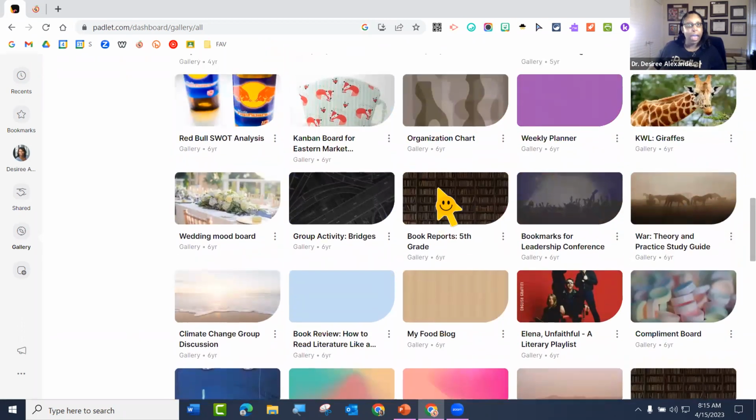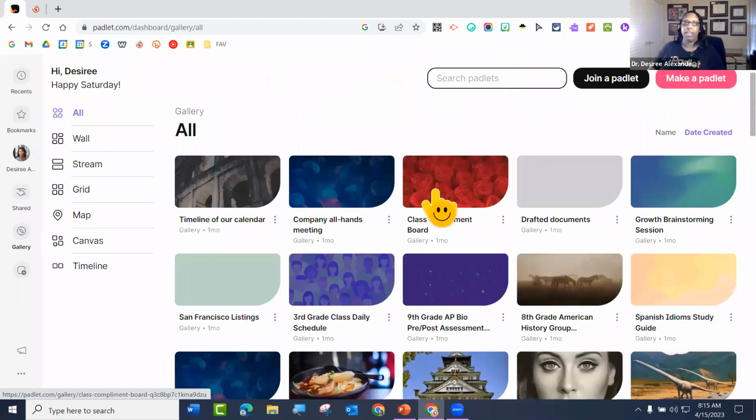And the thing that I really love about Padlet is, you know how we have some tech tools that you can use for just one thing? Well, Padlet is for you giving out information, but also you gathering information. So it's kind of that one-stop shop for all of it. And that's one of the things we truly love about Padlet.